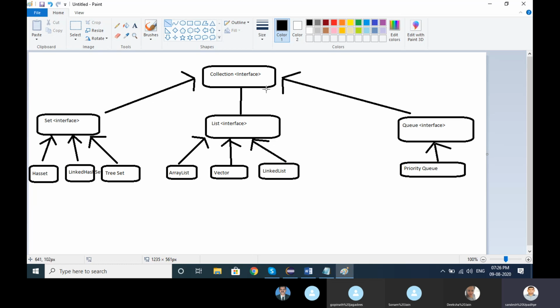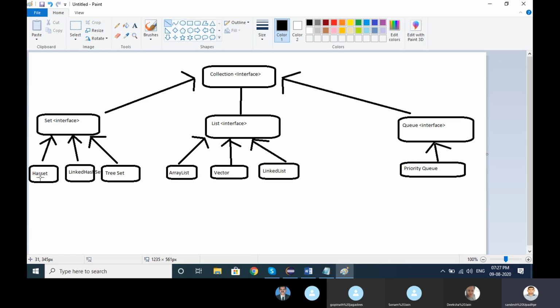We will see later, but that is part of the collection framework. As of now, keep in mind we are seeing the collection framework. In it there are the subtypes Set, List, and Queue. The fourth one is Map, but I will explain that part later.